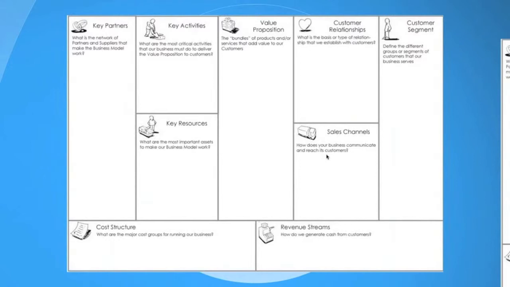This is the blank one in your workbook, and I'm going to get you to fill it in as we go. Now, it's divided into 9 key areas. We'll come back to that in a minute. We're going to go through each area in just a second, but the quick overview really is that